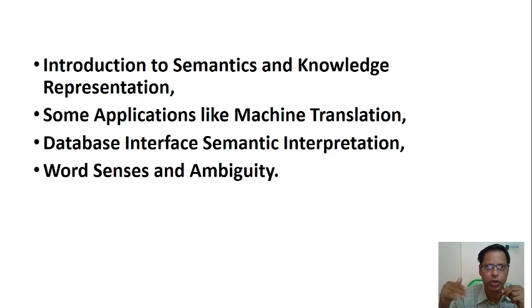When we are trying to search for a specific word, that word is coming from the database of different servers, is it not? So how the databases are going to be connected, and what are the things in the semantics of the database, how it is going to interpret the words and sentences. And word senses and ambiguity: what are the different chances when we are going to find a specific word? What are the senses, and what are the different alternatives? So these topics we are going to discuss now.